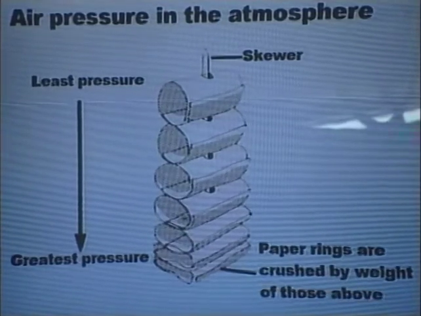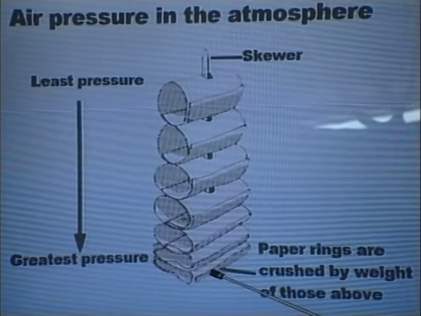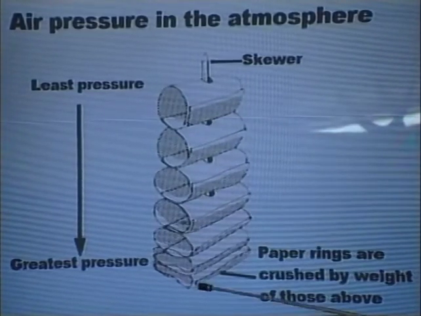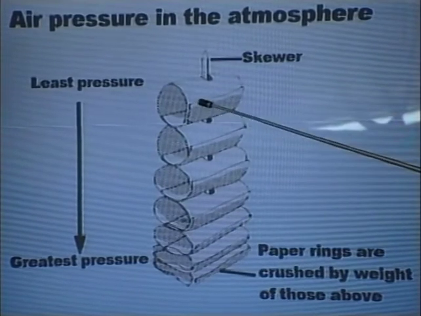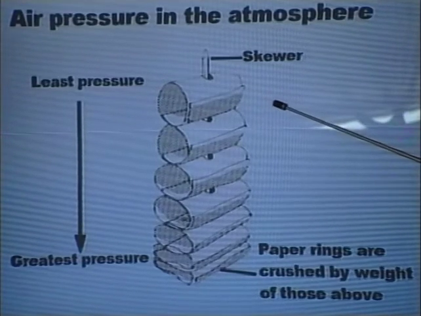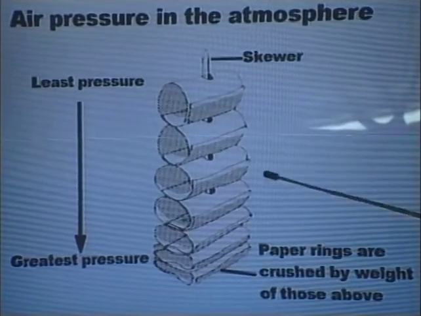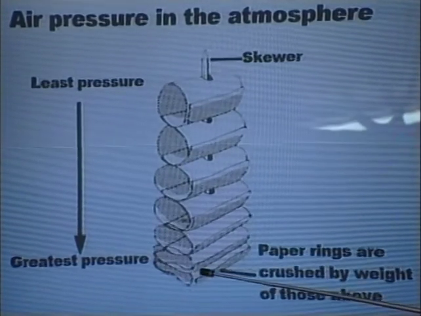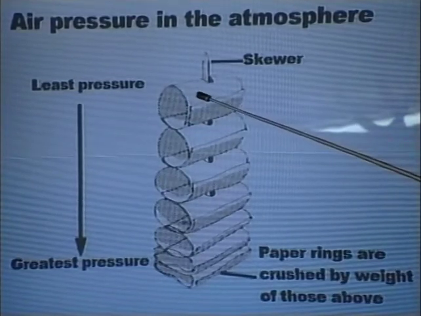What you will realize is, at the bottom of the skewer, it will contain the greatest pressure simply because of the weight of the other paper rings on top. So you can see here, the paper rings are a little bit more crushed or squashed compared to those at the top. So if you'd like to try that out, to check out air pressure and how air pressure can actually be seen, you could use this illustration to help you understand that at the bottom, the greatest weight, therefore, high pressure. As we get to the top, the least weight, therefore, low pressure.